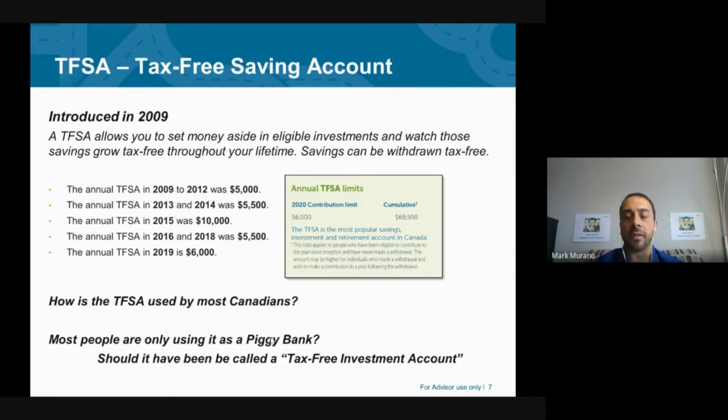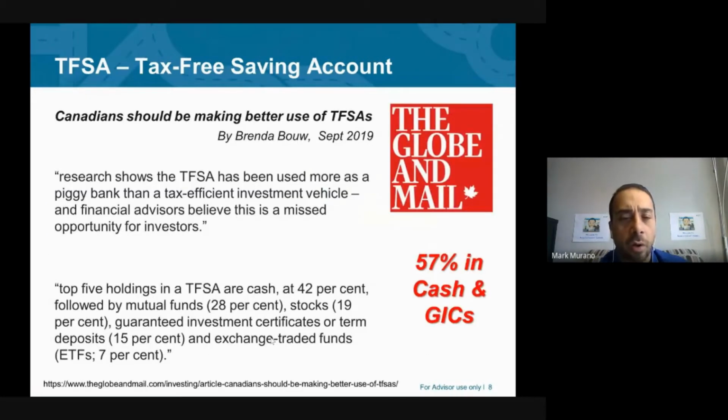The marketing of the TFSA, maybe from the beginning, was poor, where it should have been called a tax-free investment account versus a tax-free savings account, because the banks and the marketing in general have not exploited the advantage of a TFSA, that I can have some very aggressive investments in there and not pay any tax on the growth. This is a great article, and I'll send this in my follow-up email,